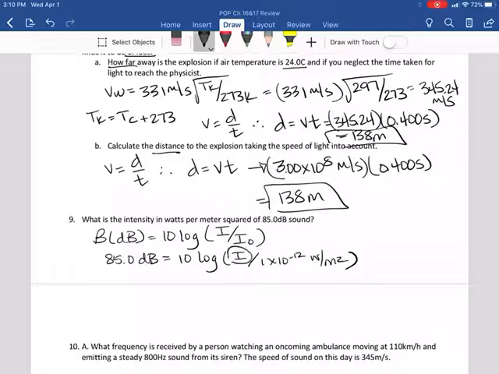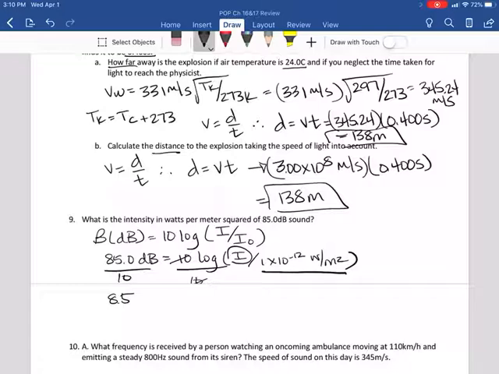Okay, so now we have to actually solve for this. So first, we're going to divide by 10. So 85 divided by 10 is 8.5. And then you're going to need to do basically the inverse of log, which, if you look on your calculator, if you have a log button and you do second log, it's like 10 to the, okay? So you're going to end up with